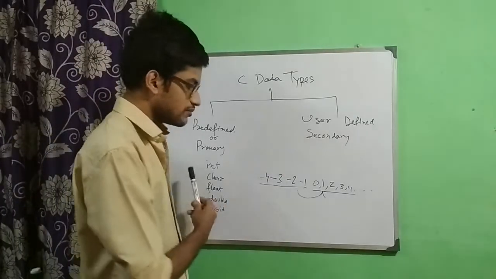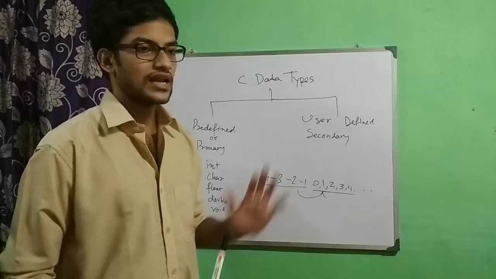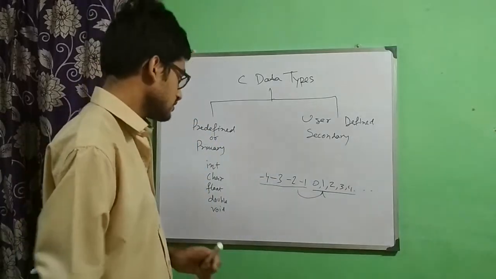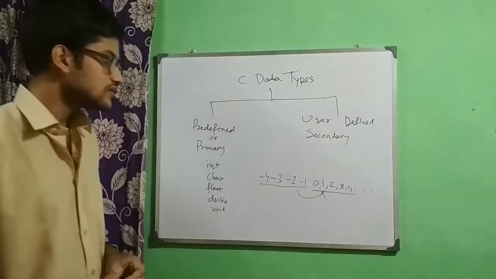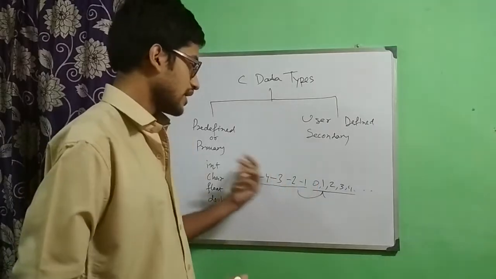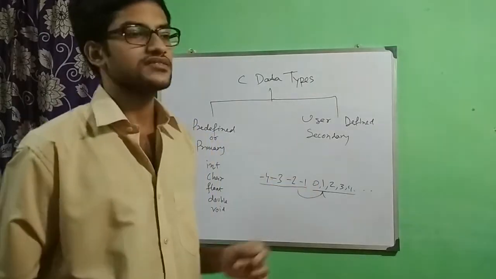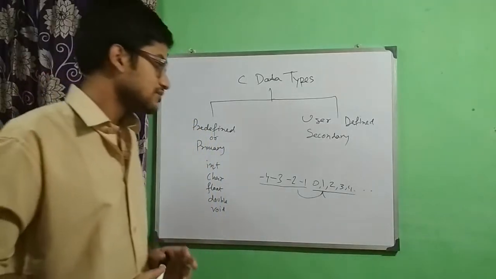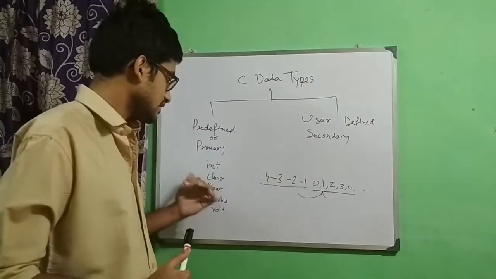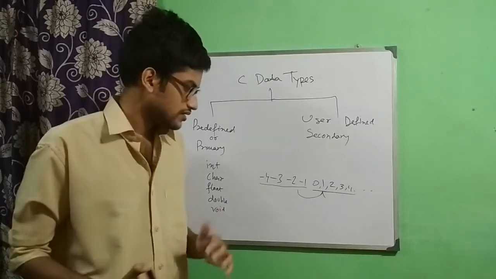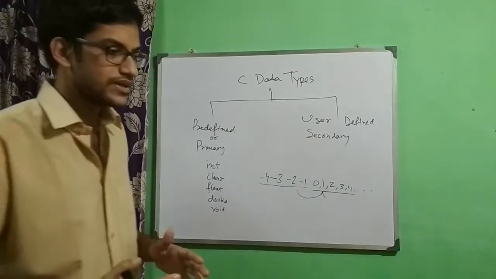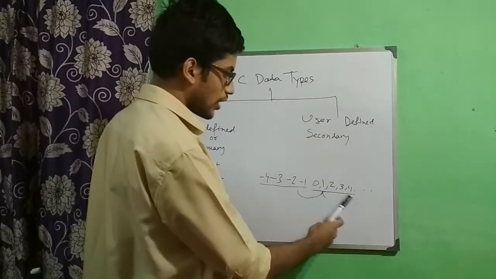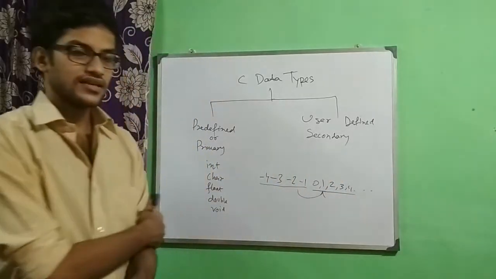It can be up to minus 55,000 or like that. So still there are limits. As I said, it can be minus 55,000 or positive 55,000. There is a limit. So what's that limit? And it's not only for integer, character, float, double, void. These are all expressed when I'm writing 0 or 1 or 2 or 3 or any number.